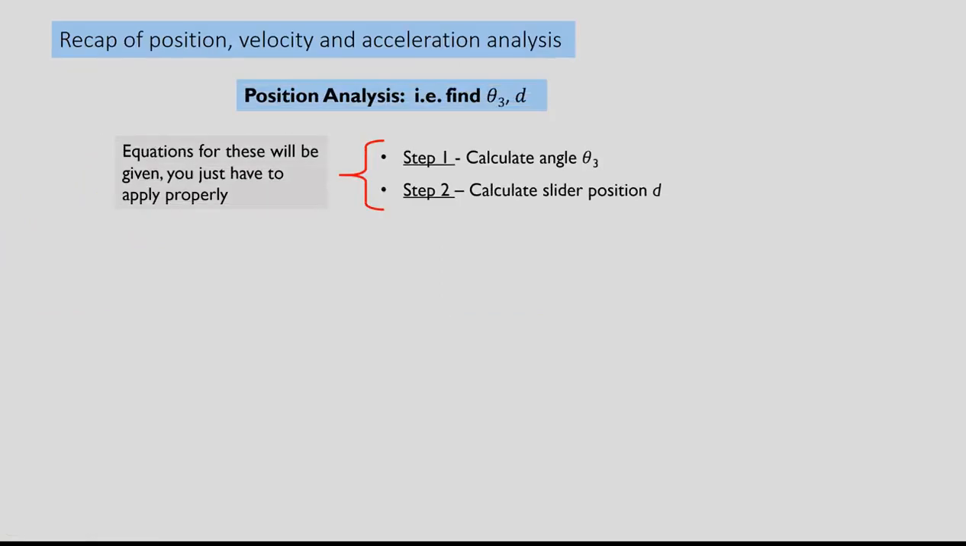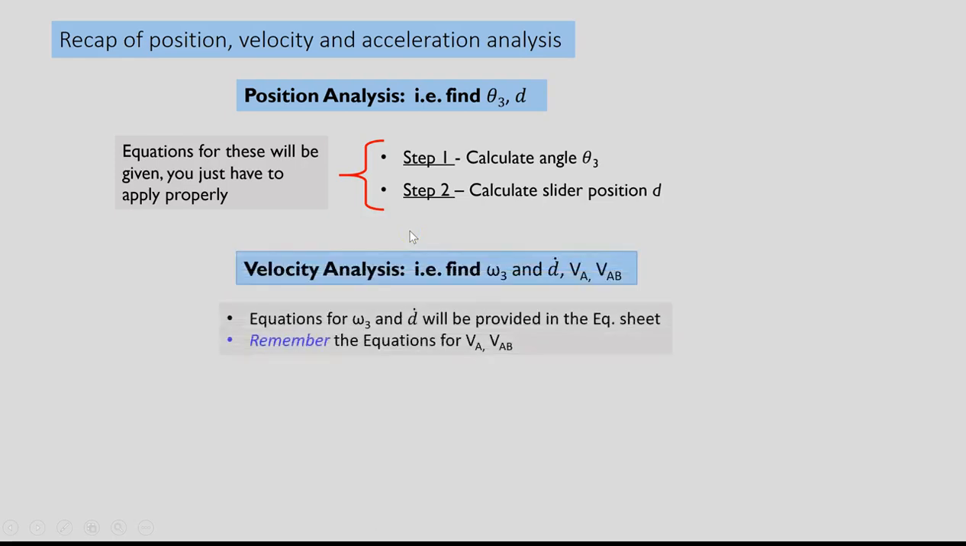Alright, so the recap of crank slider. Usually the crank slider equations are fewer compared to the former linkage. So for position analysis, you need to find theta 3 and d, which is slider position. In step 1 you can find theta 3, and in step 2 you can calculate slider position. Both equations will be given to you, so you don't need to remember them. Just remember that for theta 3, the value you get from the equation is for cross configuration. When you add that angle with 180 degree or subtract that angle from 180 degree, that would be the angles